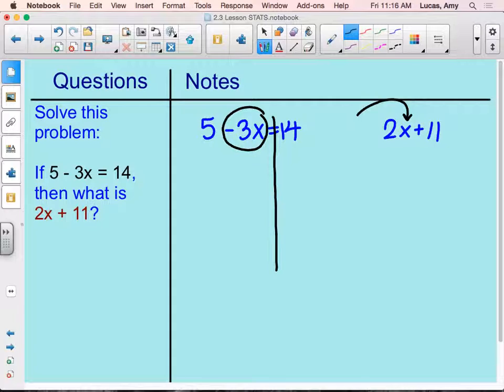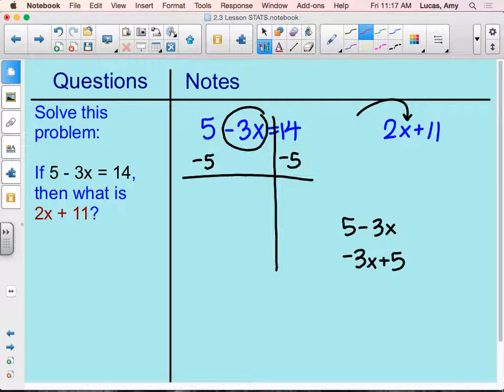So the first one, I'm going to focus on. Here's my variable part, kind of tricky here. My variable part is a negative 3x, and I've got this 5 over here. In order to get rid of this 5, I have to subtract it on both sides, because 5 minus 3x is the same as negative 3x plus 5. The 5 is a positive 5, not a negative 5. So to cancel out the 5, I need to subtract it. Then I can bring down my negative 3x, and it equals 9. Divide by negative 3,